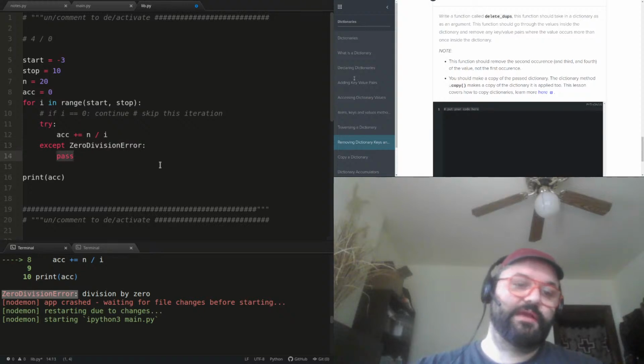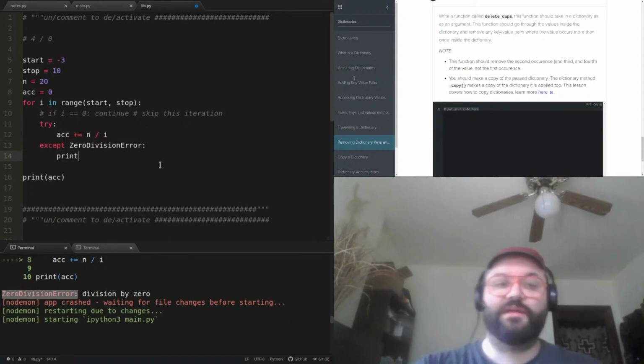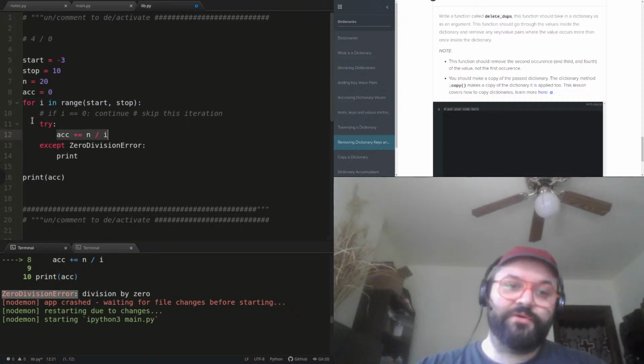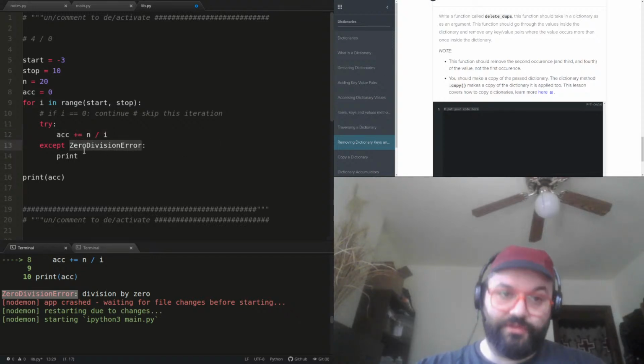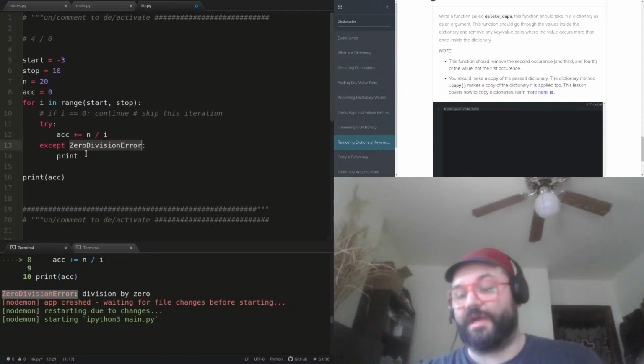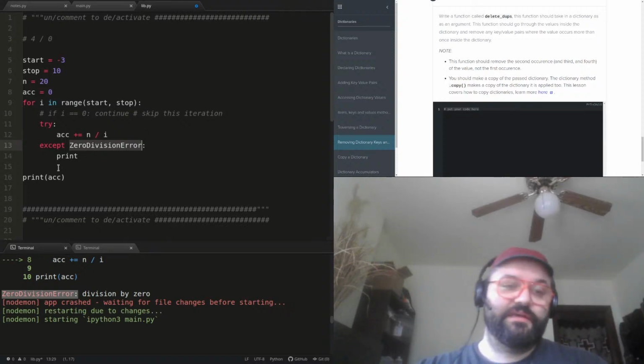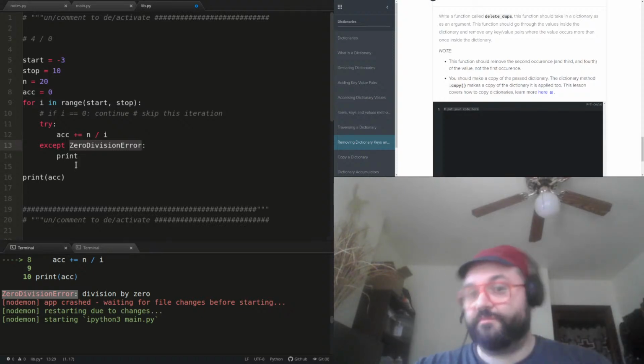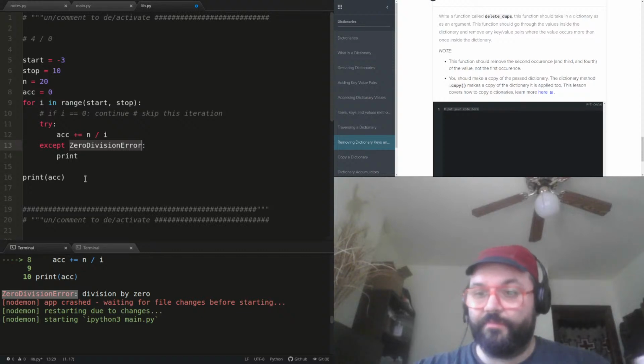Let's just throw a print in here. Now the except code is what's run when the code in the try throws the error you're excepting on. Except also takes a block. That's the code that you want to execute.